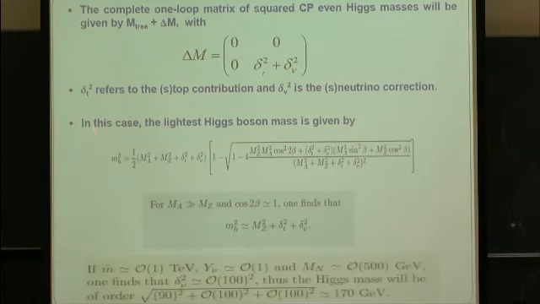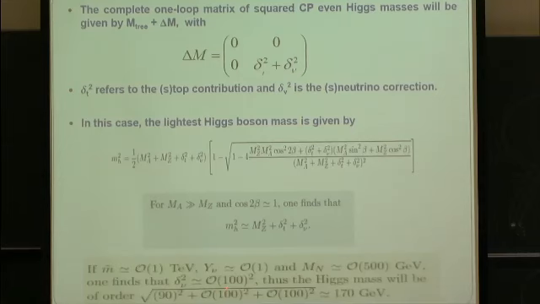MA much larger than MZ, cosine 2 beta of order 1, you will find that MH is given by the usual tree-level contribution MZ, and then the top contribution effects, and now also some neutrino and sneutrino effects, which are of the same order more or less as the top and stop contribution. So to give an example, if you take the masses of order 1 TeV and the Yukawa coupling of less than 1, and a not very heavy right-handed neutrino, just 500 GeV or so, you get this contribution also of order 100